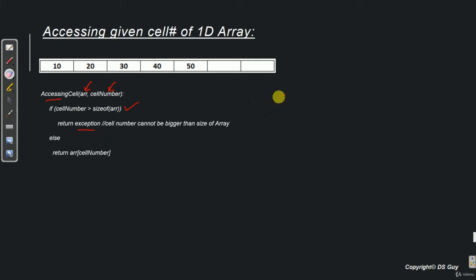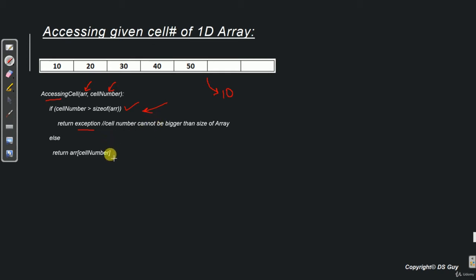of the array. Now let's take an example of the above array. Here we can see that this array has got 7 cells in it. Now let's say if we want to read cell number 10, then we have a problem. And the problem is that there is no cell which is number 10 because the max number of cells is up to 7. Hence in this kind of case, this validation will kick in. It will throw us an exception saying that the cell number provided is not correct.